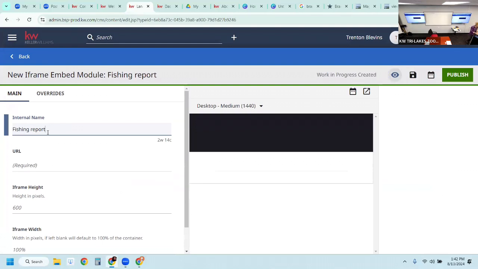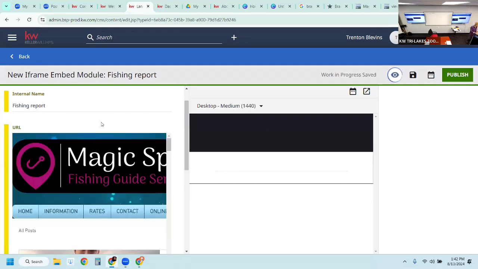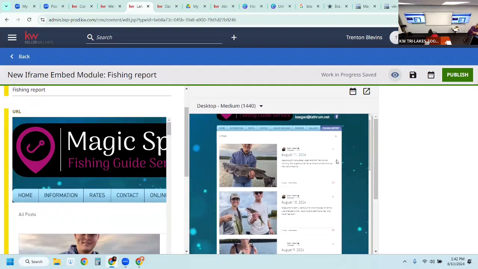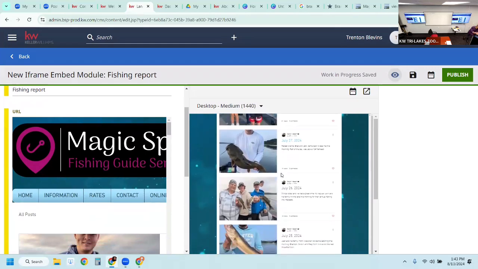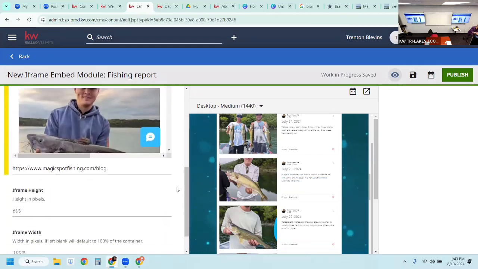Make sure you label it with a name that you're going to remember. Underneath there is where you're going to copy and paste that URL. And it should automatically import it. So before you move on, some things you'll notice is you can scroll up and down on this. Sometimes you can also scroll right and left, depending on the width of what you're trying to show on the website. If that bothers you and you don't like that,